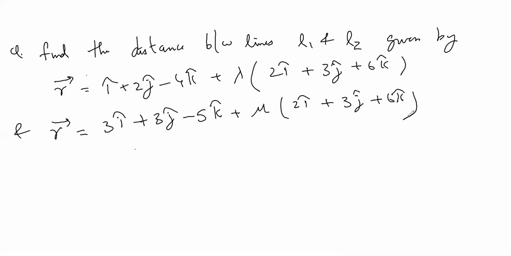Here they are telling us to find the distance. Now, these two lines are parallel. Why? Because the b vector is the same here. See, this is a1 plus lambda b1, a2 plus mu b2. Here b1 and b2 vectors are the same, which means they are parallel. The lines are parallel; that is my first important information here.